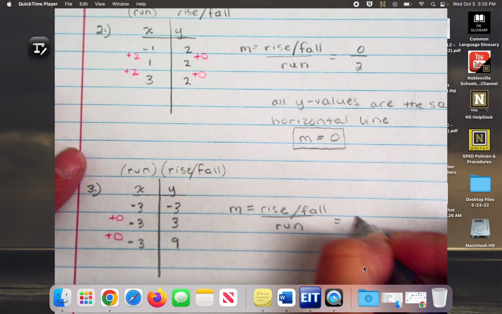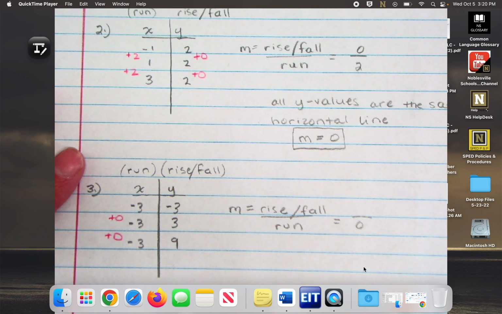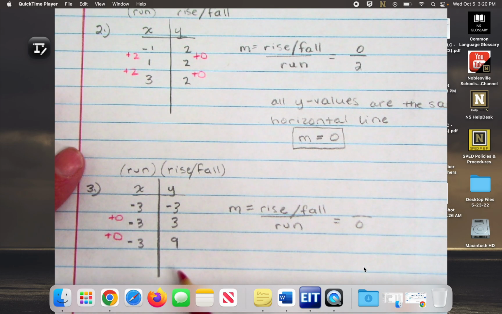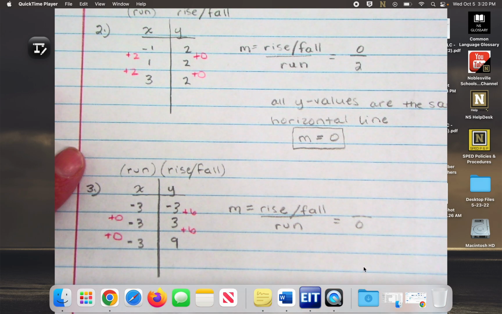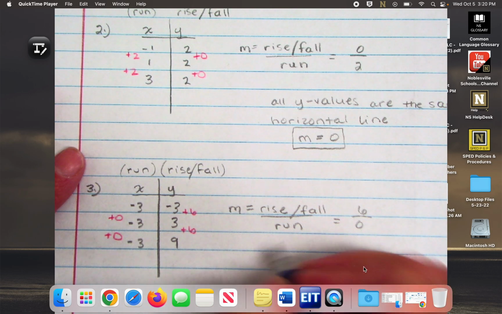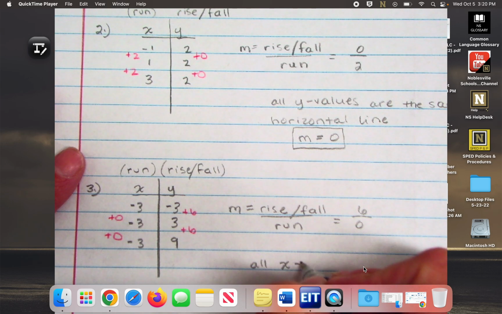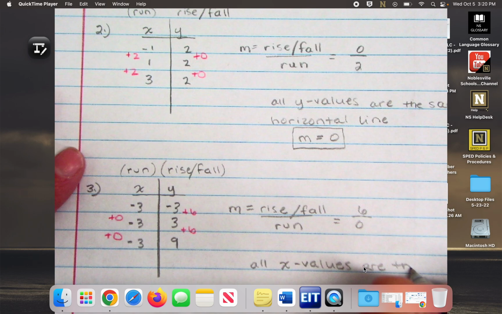So this time 0 is in my denominator. What's happening with my y values? Fine, we can immediately jump to conclusions here. Since zero is in the denominator, all x values are the same. This is a vertical line,